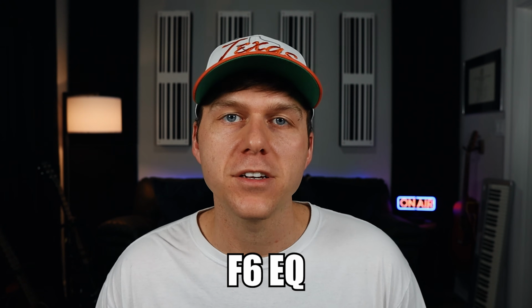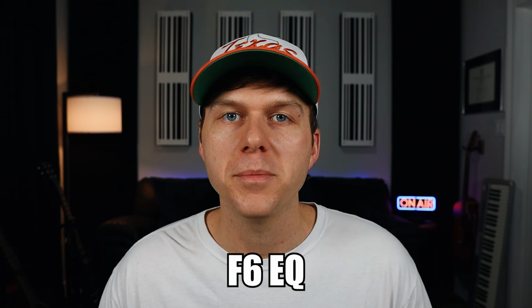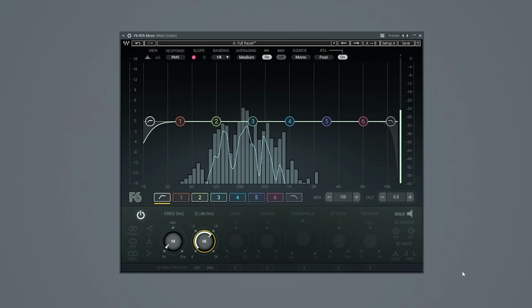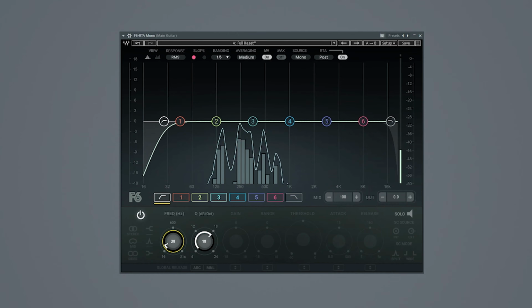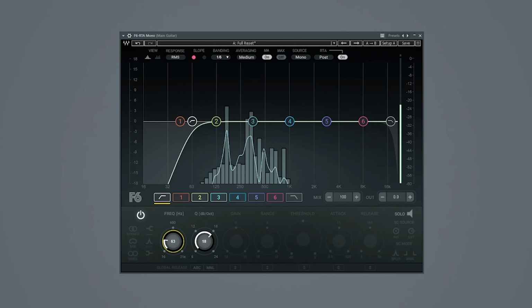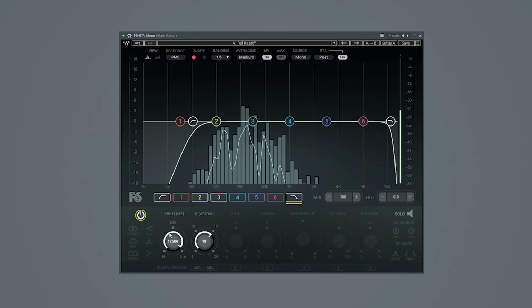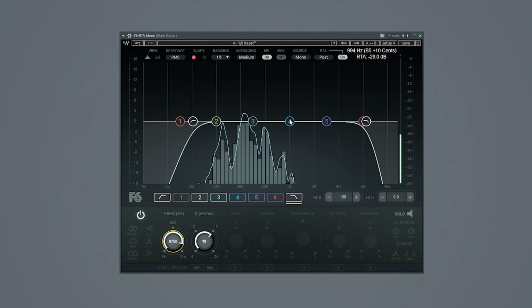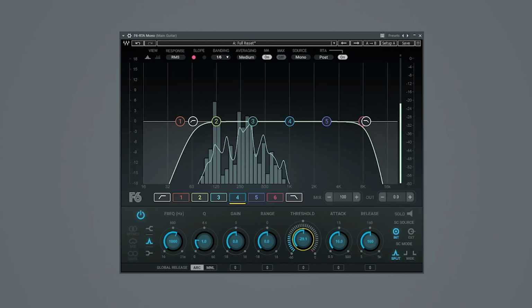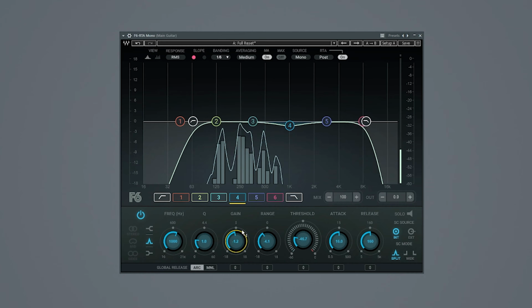The first plugin is the F6 EQ, and I find myself using this on every single mix. So any surgical EQ work I'm going to be doing with this plugin. The reason I love this thing is because of the nice and clean user interface and just the overall functionality of this plugin. You have a high pass and a low pass filter as well as 6 EQ points to work with. And what I like most about this plugin is that each of these EQ points have dynamic EQ capabilities. So you can really dial in when and how much of a certain frequency you want to add or